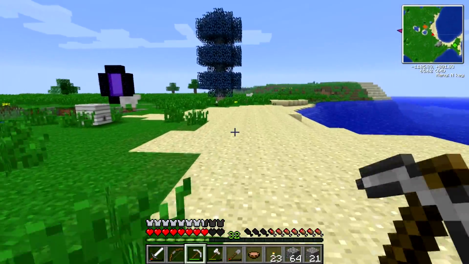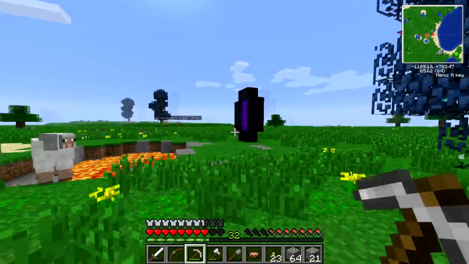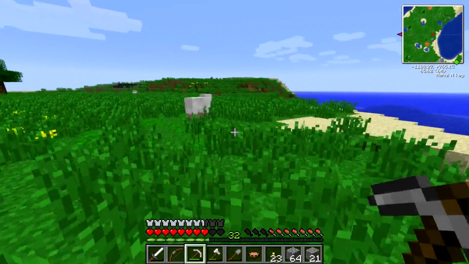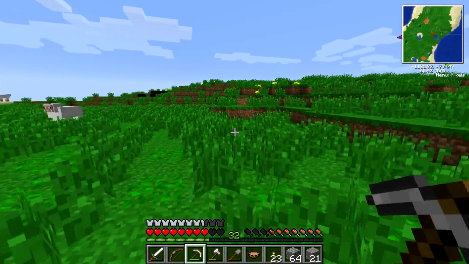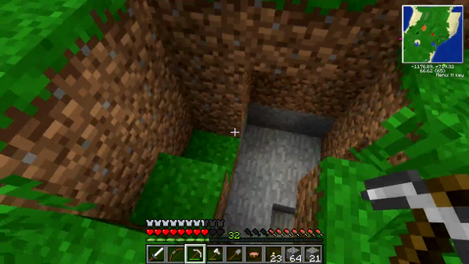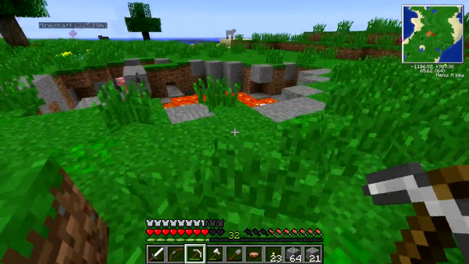So, I'm gonna go grab a little bit of redstone over here. I still need to disable that. I just haven't bothered yet. I don't think it's really hurting anything. So, let's see here. Over here is the entrance I usually use to get into the caving systems. There's a couple I can go down. And there's another lava pool over here, so...